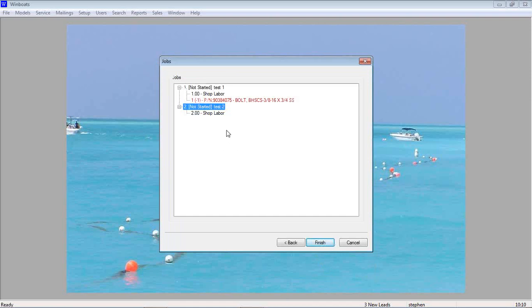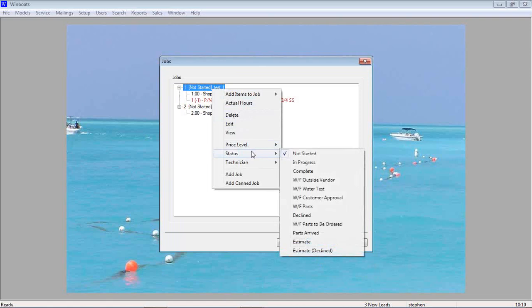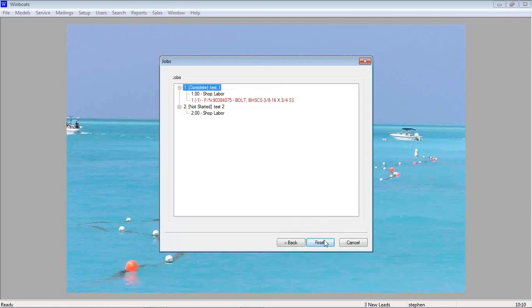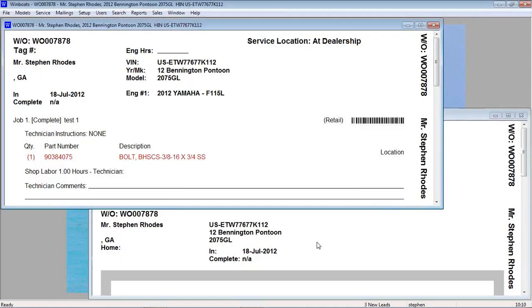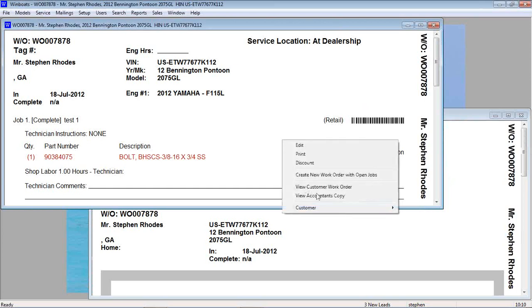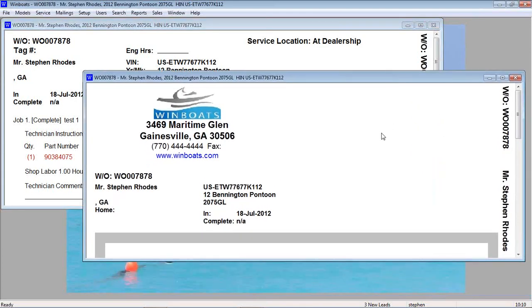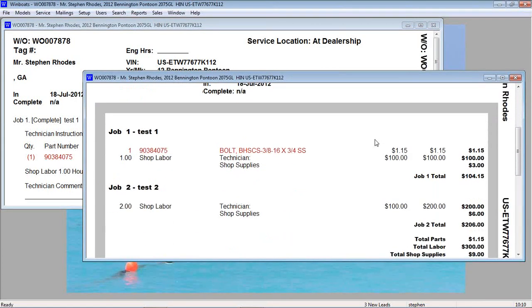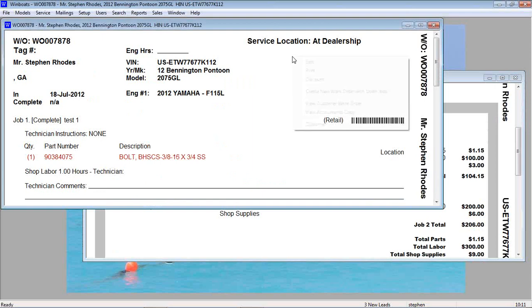So if you have two jobs on a work order or more than two jobs, and one of them is marked as complete from the tech copy, you can create new work order with open jobs. So you could do this for a number of reasons. If the customer wants to go ahead and pay for the first job and the second job will be done at a later date, but you want to keep it, you can do that. But if you just right-click and create new order with open jobs,